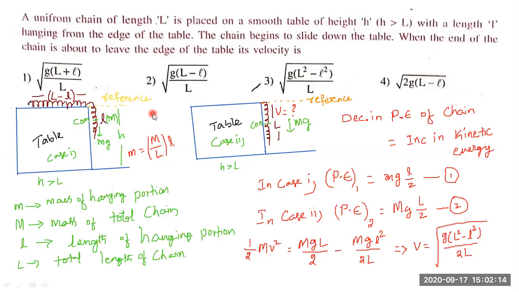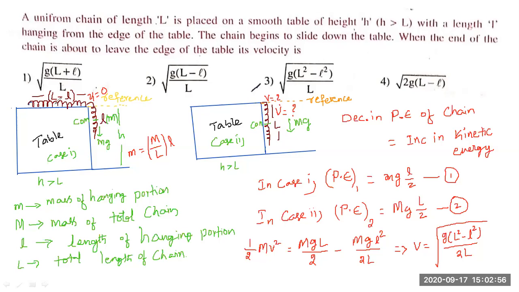And see guys, in the diagram, I have written a reference. This reference is for measuring the potential energy of this chain in case 1 as well as in case 2. Because students, here the logic of the problem is that the decrease in potential energy of the chain in the two cases will appear as increase in kinetic energy of the chain. Anyway, students, initially we can take the velocity as 0, means it started from rest. So here you take u is equal to 0, and here we need to find v is equal to how much. This is our target.